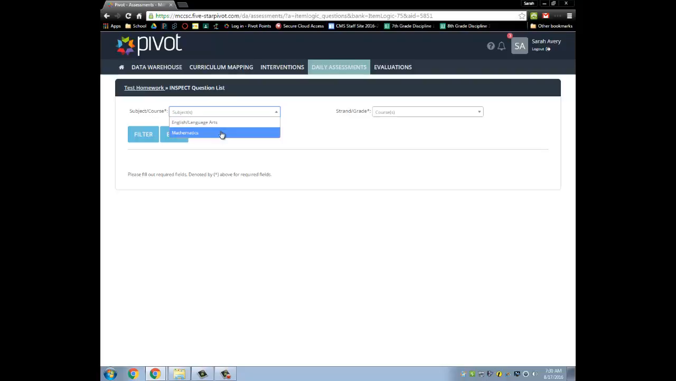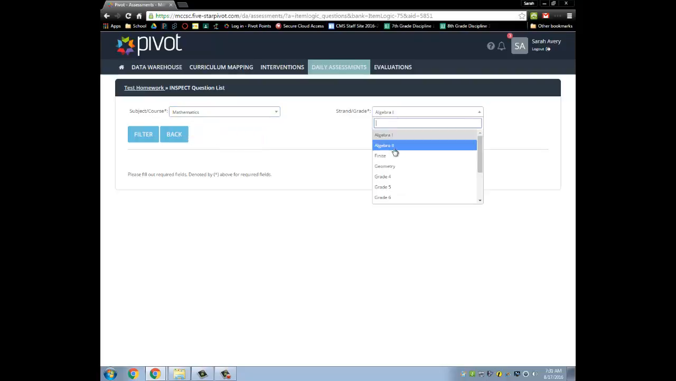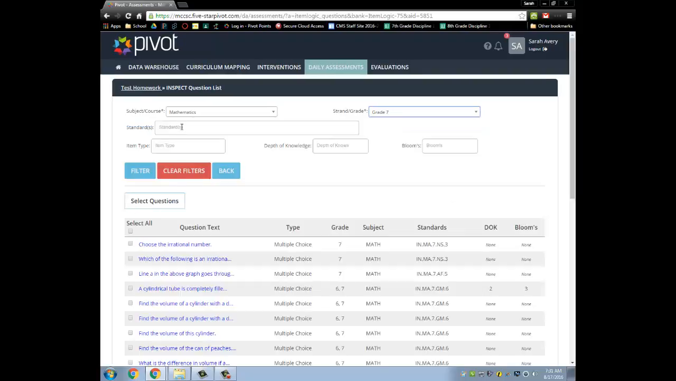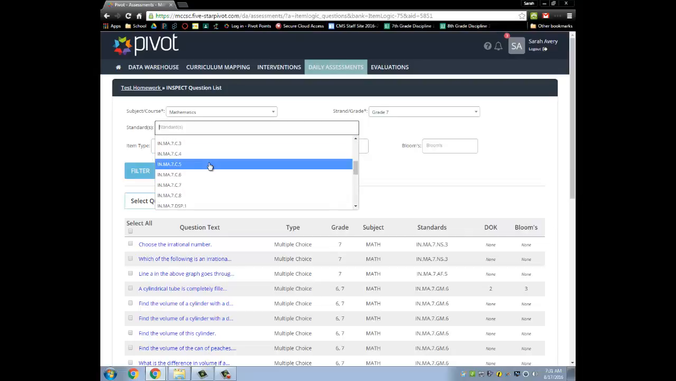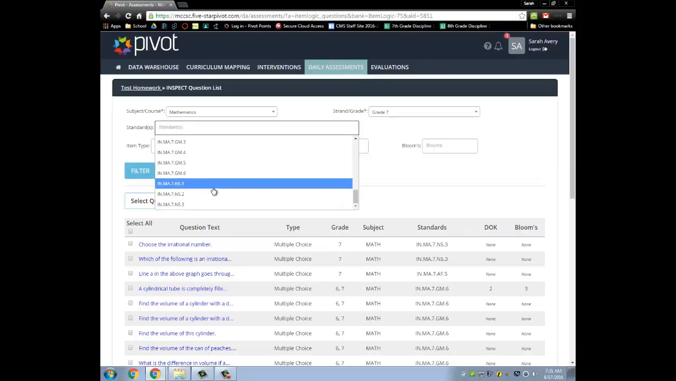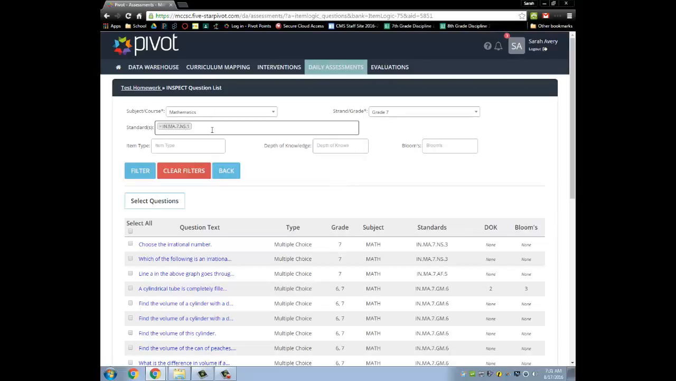Then you choose your subject, your grade. I'm going to choose grade 7. Okay, so once you choose that, what I like to do is choose my standard that I'm working on. So say I'm working on number sense 1, so I go down here and say I'm also doing number sense 2. So you can choose multiple standards. You don't need to fill out this bottom part, but once you have updated this, click filter,